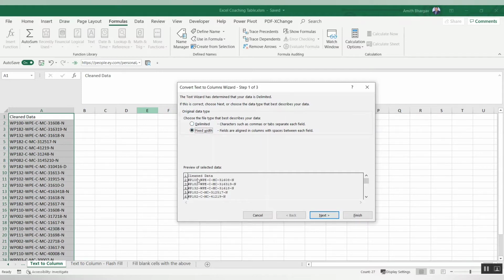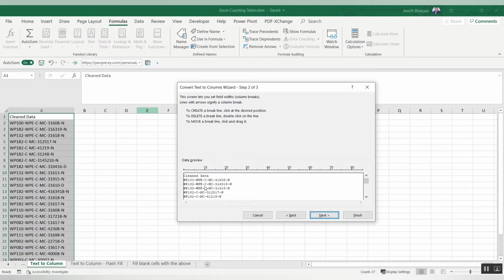If say for example all the details are like this is 5 digits, this is 3 digits, this is one character, this is two characters, this is 5 characters, if everything is sequential, then we can go with fixed width.